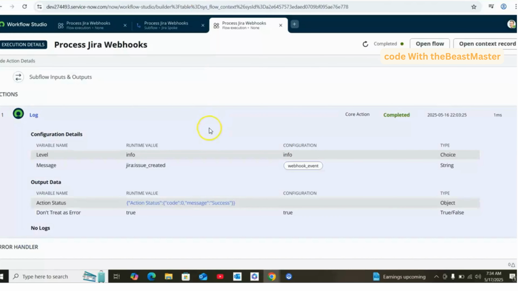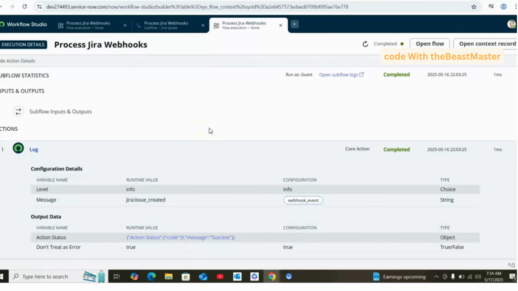This is just a placeholder flow. There's nothing happening as part of this flow. So if we want to configure things like when a story is created in Jira, you need to create it in ServiceNow as well. You need to configure all those things as part of your flow,